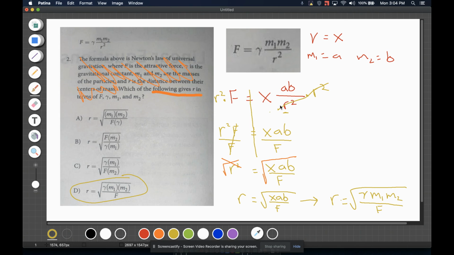Okay. So go through that again if you need a second, but you're going to see this all the time: if what you're trying to get by itself is in the denominator, you need to multiply